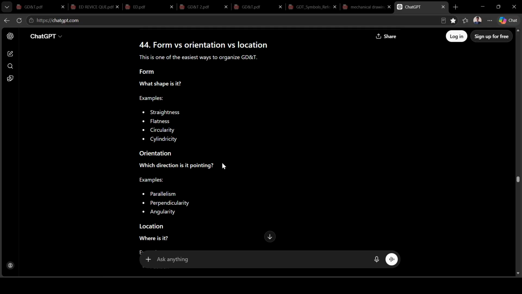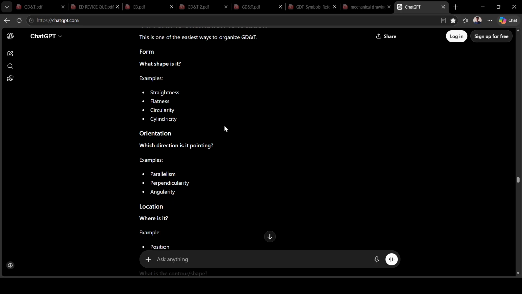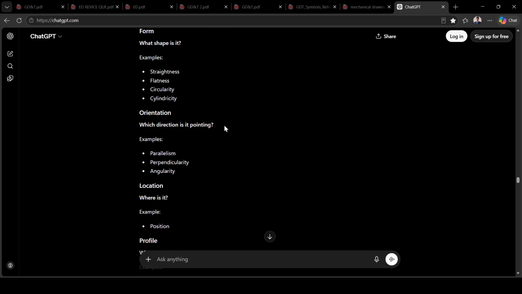Orientation. Which direction is it pointing? So what shape is it? Means a form tolerance. Orientation: which direction is it pointing? Example: parallelism, perpendicularity, angularity. Location. Where is it? Example: